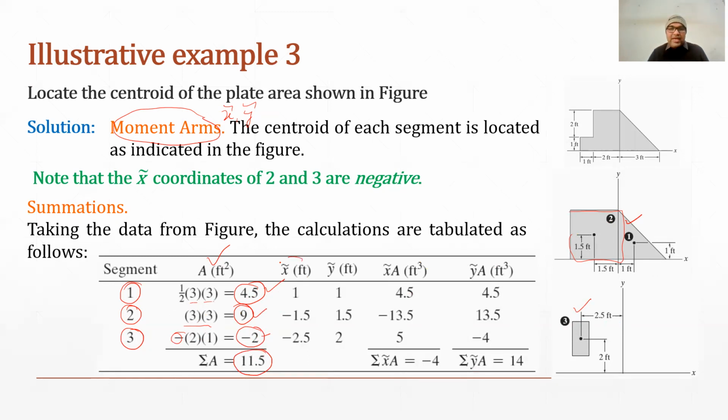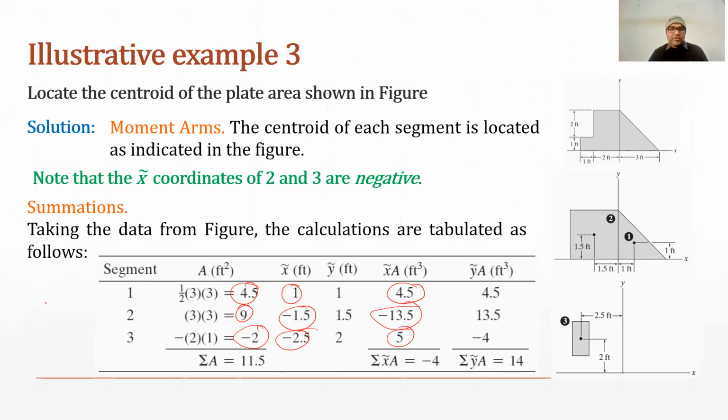Similarly, we have found x approx and y approx of each figure. So we have already seen that in the previous slide. Now we have to find out their product, A into x approx here. Similarly, for this also. So now in this case, 4.5 will be multiplied by 1, which will be x approx A. This multiplied by this one, so this becomes this value. This becomes this one, so this becomes this value.